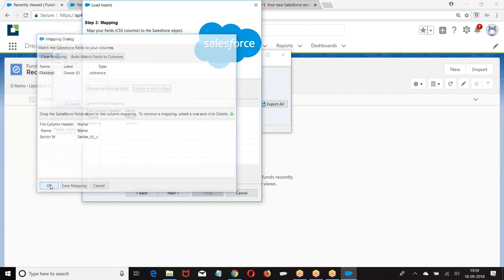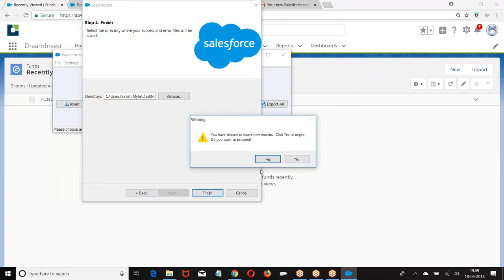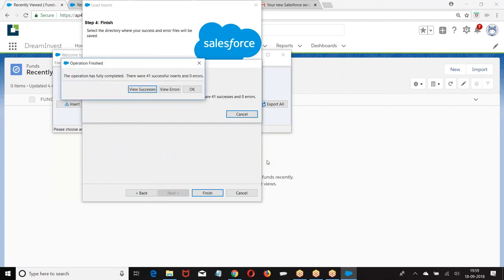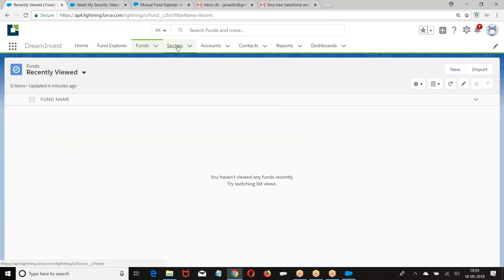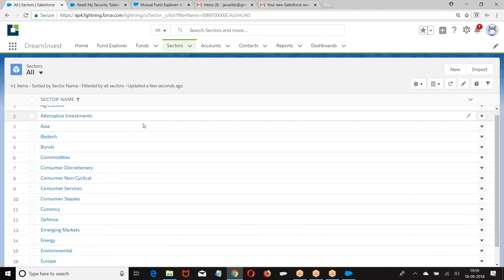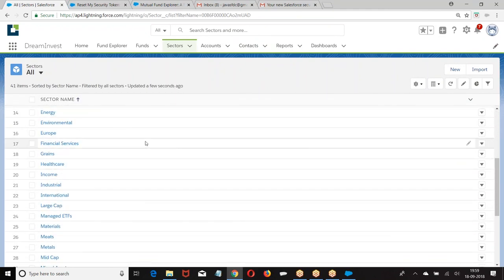Mapped it. Next. 41 successfully inserted. So go back to the object, sectors. These are the data we received. Right? We uploaded this data into this object.